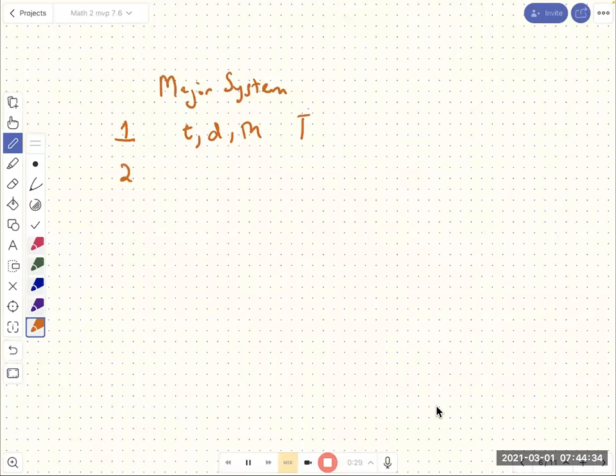2, and so if you had the word toe, that would be a way to represent 1. If you had 2, you can think of an N as being 2 downstrokes, so N. And 3 is going to be M, 3 downstrokes. Okay. So for example, knee might be a way to represent 2,